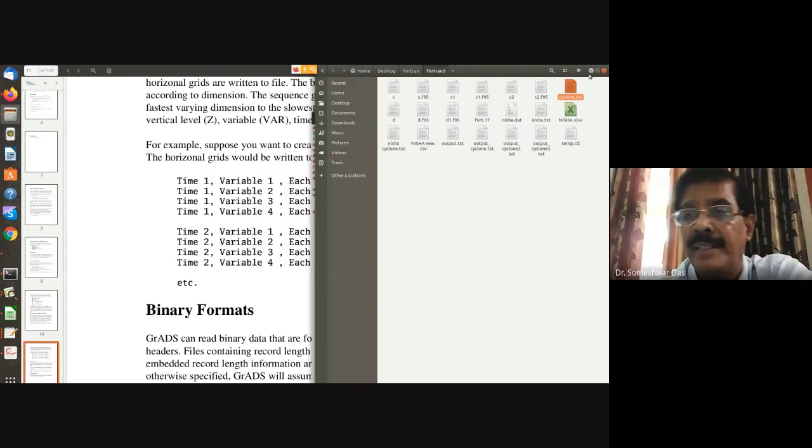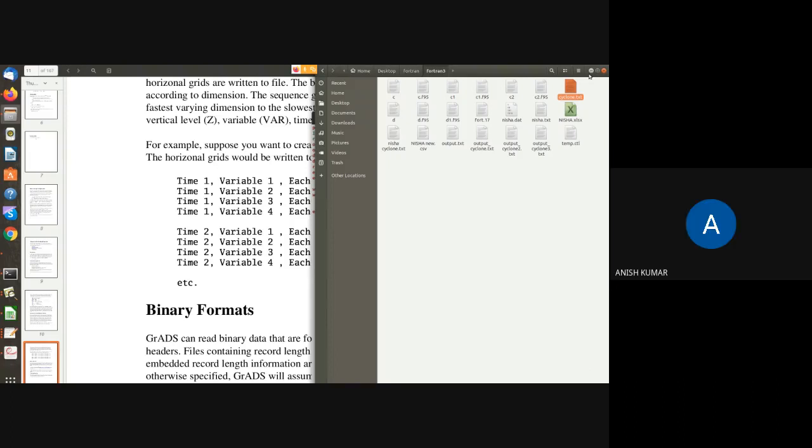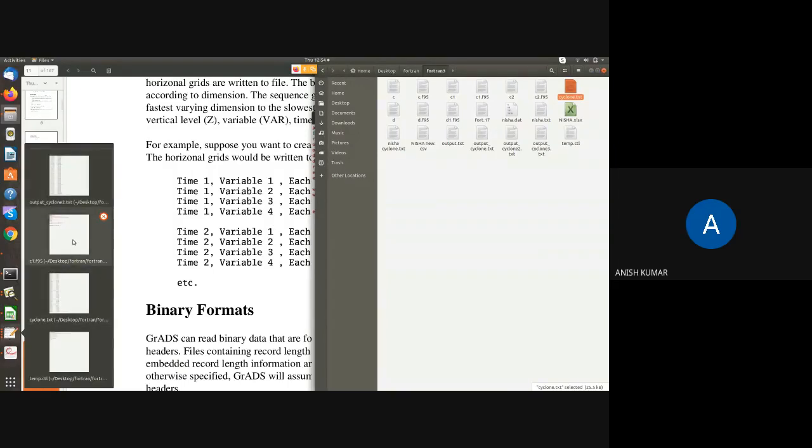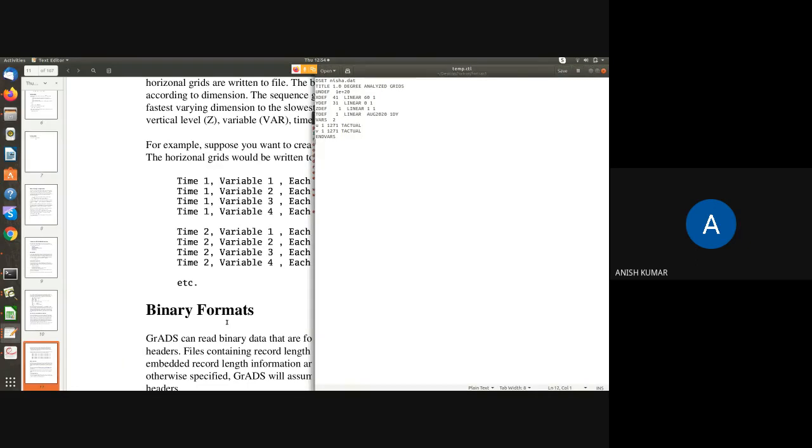Hello. noise कहाँ से आ रहा है? The details. Anish, in your CTL file, what options did you give? Open the serial point. This one. Yes.